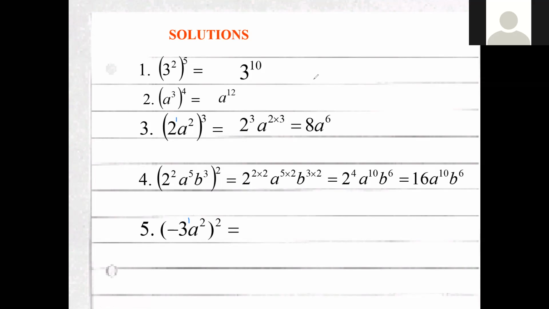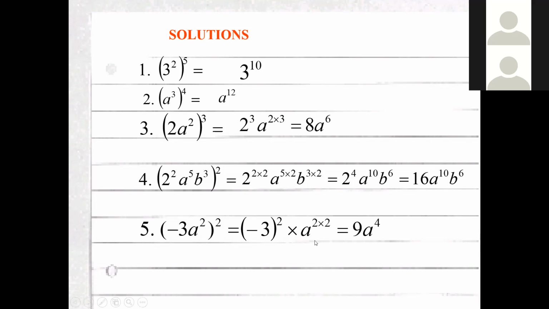Number 5, King Kabagnot. Do we have the answer, King? 9, 8 to the power 4. Positive yung 9, negative. Positive. Very good. Positive 9, 8 to the power of 4. Tignan nyo maigi, negative 3 to the power of 2 is positive 9. Okay, this is also one of the things that we need to look at in our solution class.